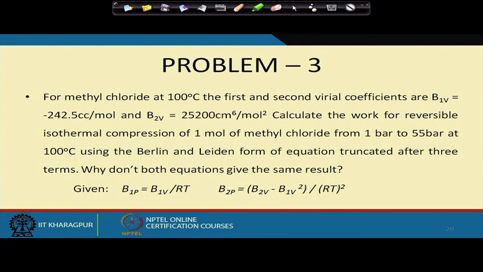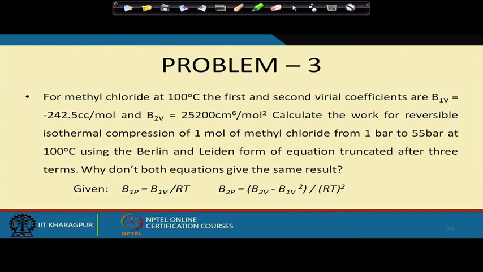Now, let us go to the third problem, a slightly different problem. What do we have here? This is a problem on the virial equation. What do we have here? We have methyl chloride at 100 degree centigrade. The first two coefficients are provided